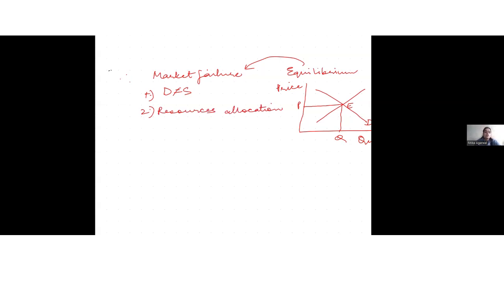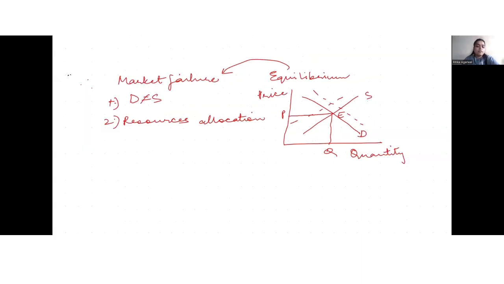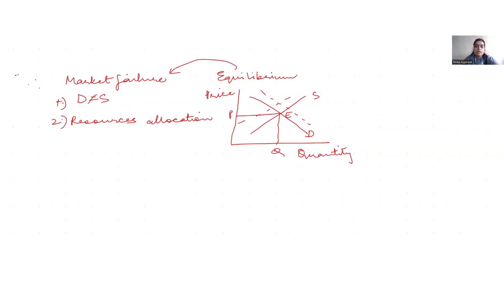All right. So your demand is not equal to supply. Simply, if your demand is greater than supply or your supply is greater than demand, there will be market failure. And when there is misallocation or under allocation of resources, there will be market failure in the economy. Now, considering market failure and its types, what are the types of market failure? The first one is public goods. Can any of you tell me what are public goods?